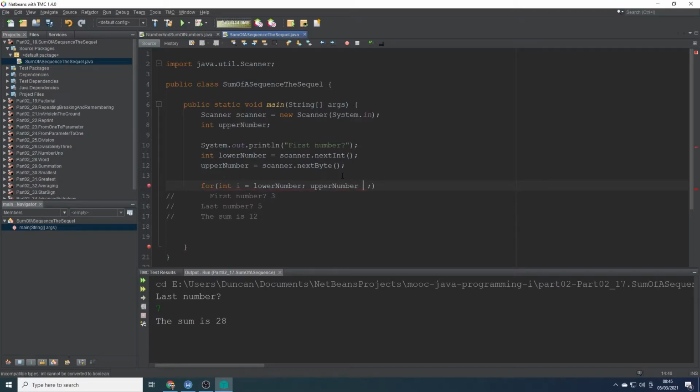Actually, let's do lower number first. Lower number is less than or equal to upper number, lower number plus plus, and then, oh, I forgot to do the sum variable, didn't I? So comma sum equals 0, there we go, and then we can do sum plus equals lower number, and then we can do our system out, which is that sum is